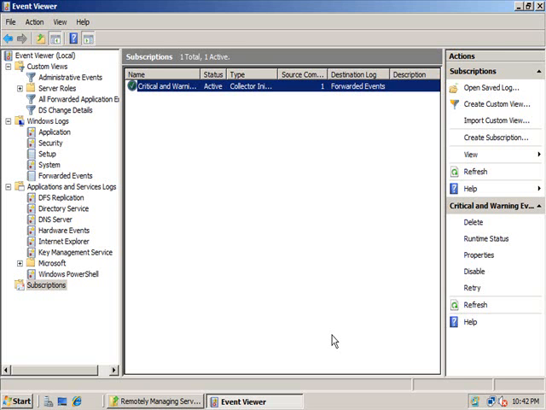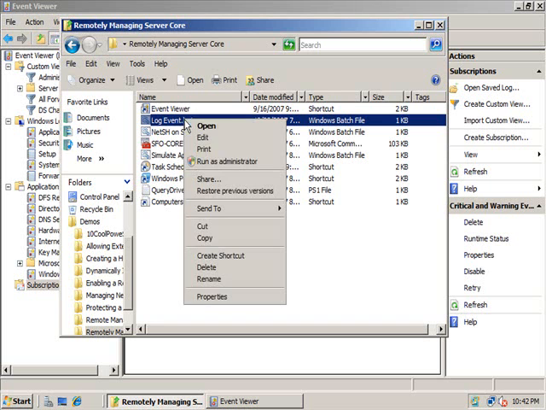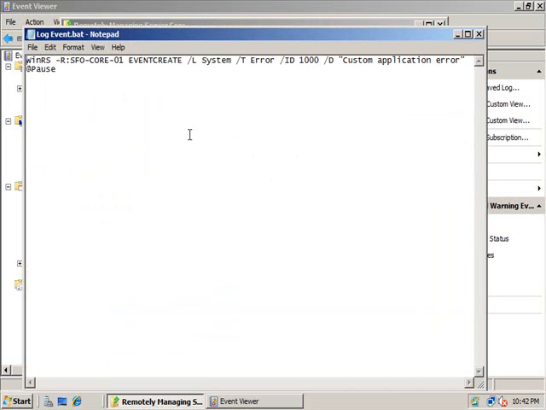So with this now in place, we're going to go ahead and log an event on one of my Server Core machines. We're using WinRM to send a remote shell command to each of my nodes, instructing them to log an event. Let me show you how I'm doing that. I basically have a small bat file here that I'm sending a WinRS command out for a custom application error of ID within the event create